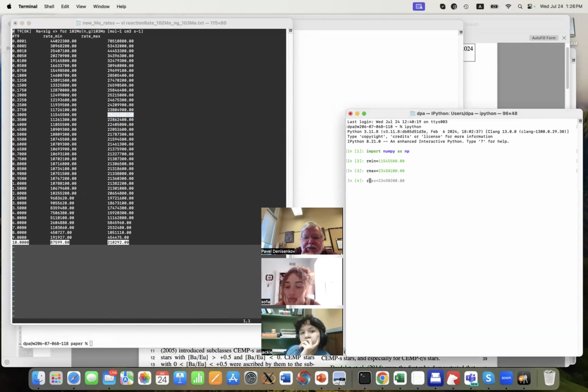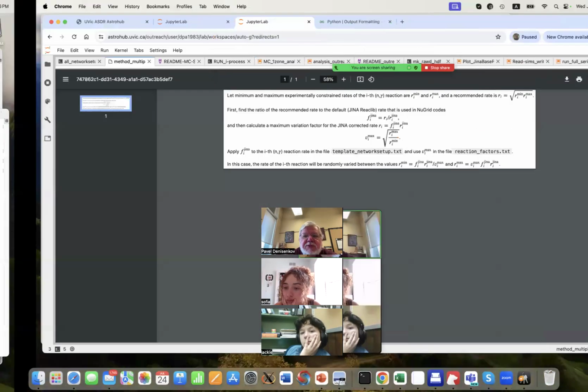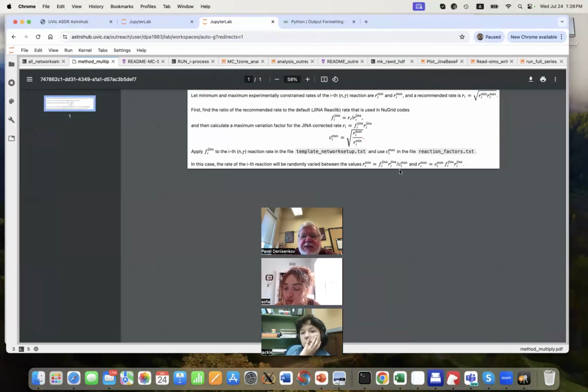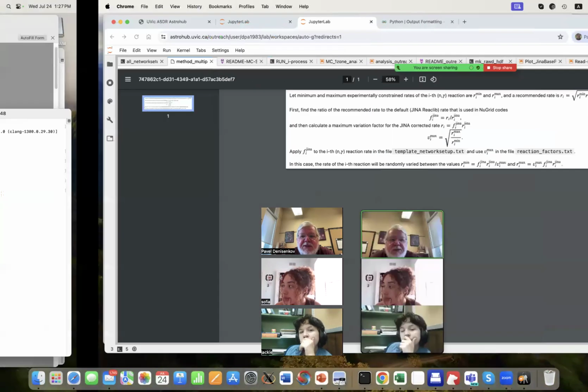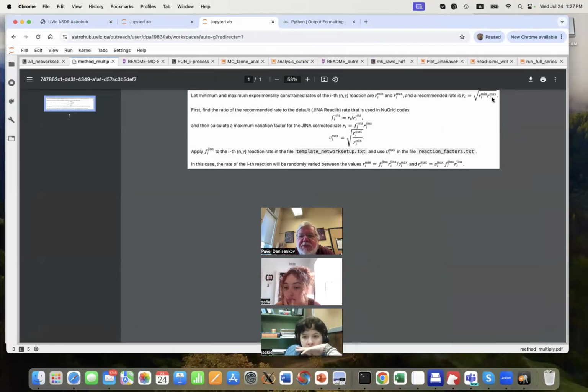Now R recommended, which was just Ri, is equal to np.sqrt of R min multiplied by R max, like this. So this is Ri. Ri is just the geometric mean of the minimum and maximum experimentally constrained rates.